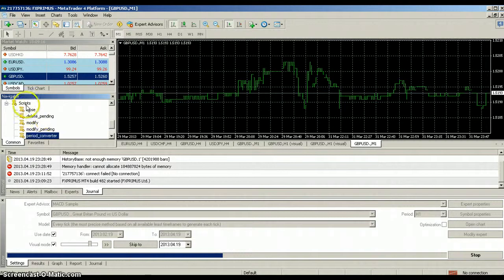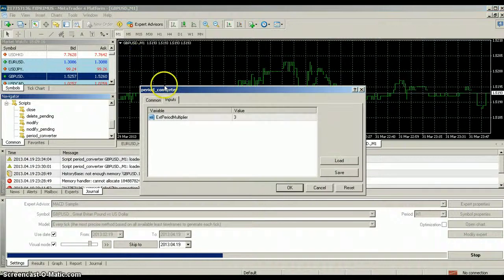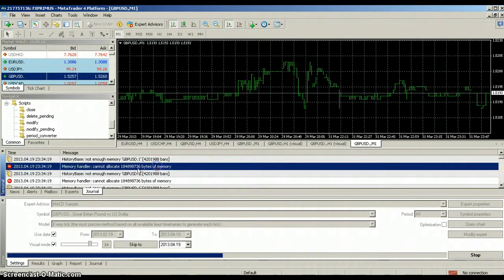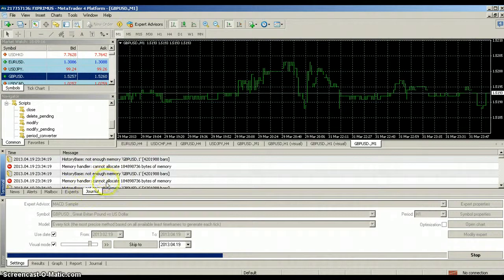Now please go to Script Period Converter and drop it onto a pound US dollar .m1. I repeat, please drop the period converter from your script folder into a pound US dollar .m1 chart. Once you have done that, on the input period multiplier, please key in 60 and press OK. To ensure that the script is being run, please check under the journal